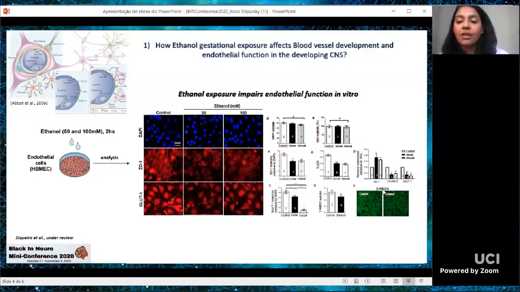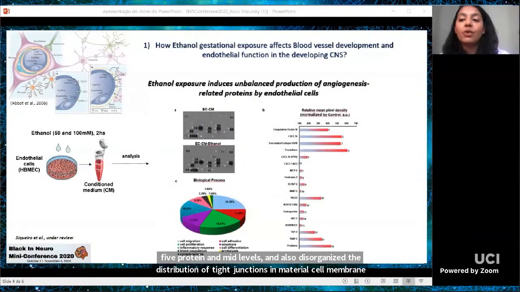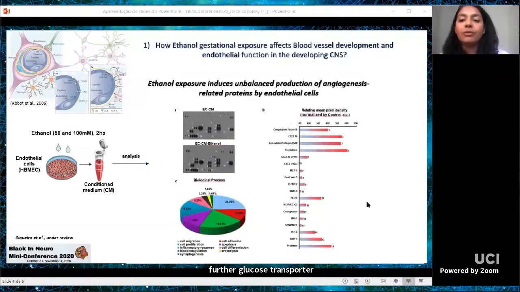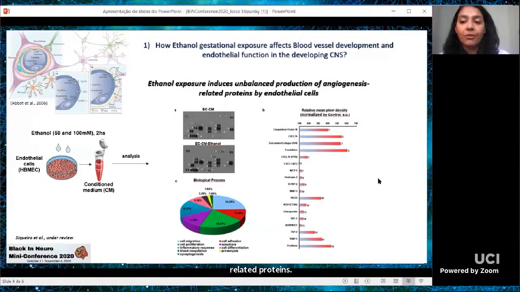In addition, proteomic analysis of the conditioned medium from endothelial cells treated with ethanol revealed altered levels of angiogenesis-related proteins. Most of these proteins are also involved in several other biological processes which are essential to CNS development. This group of results suggests that ethanol exposure, in fact, induces endothelial dysfunction in vivo and in vitro. And next, we asked whether endothelial dysfunction could be propagated to